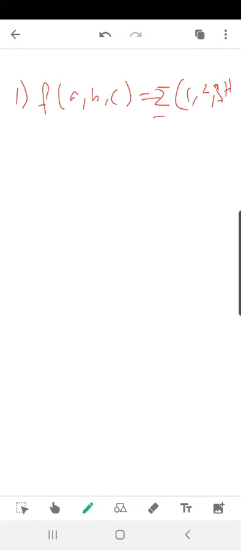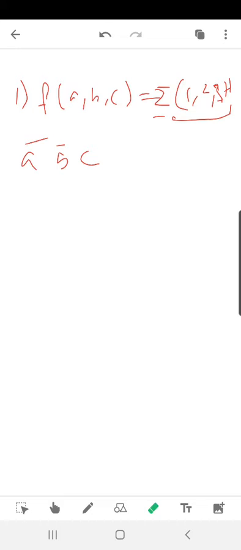Okay, so first of all, what to do? We will follow some steps. Step 1 will be write the expressions. Write the expression for this 1, 2, 3 and 7. Okay, how can we write 1? We know that 1 is written as 0 0 1. That means it will be written as a bar, b bar, c. Okay, it is in the form of min term, that is it will be written in the form of SOP.